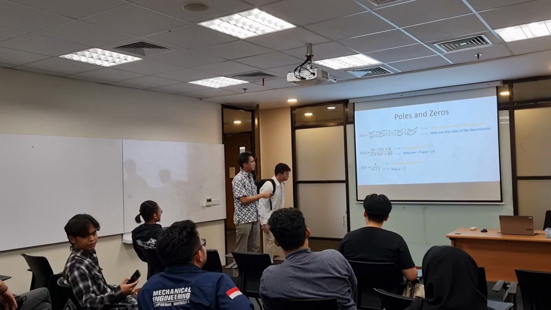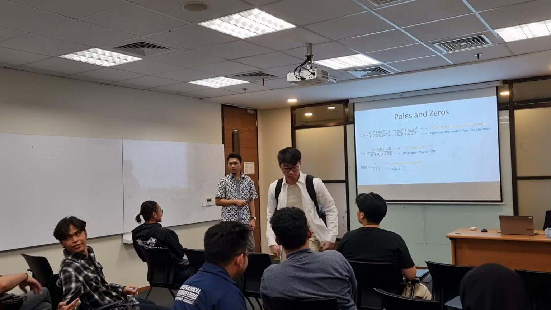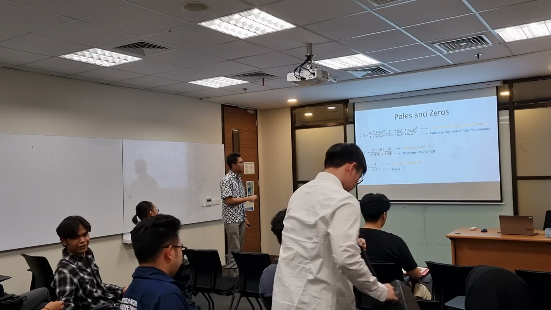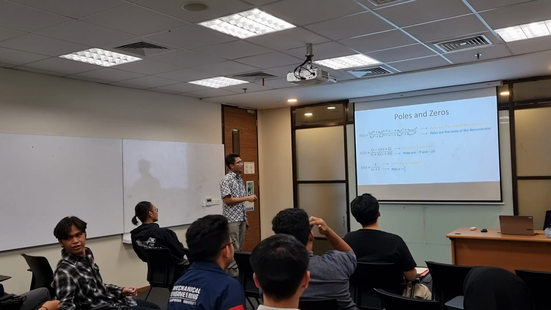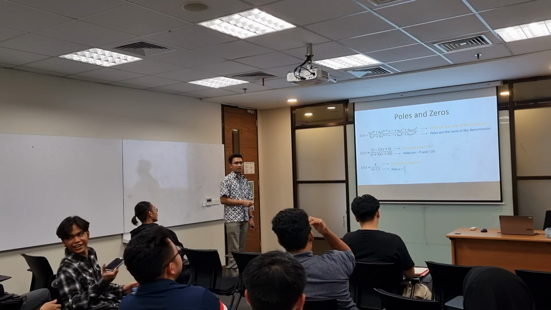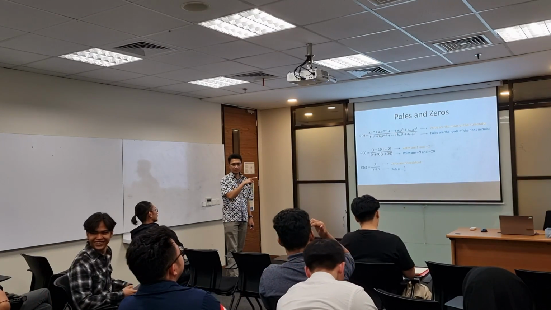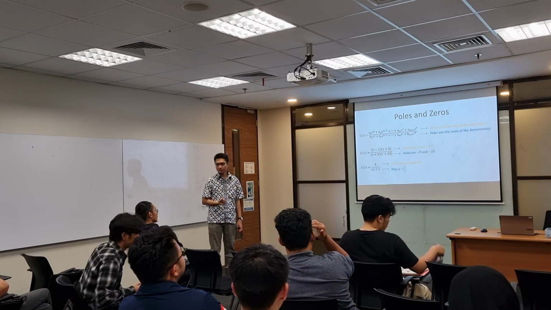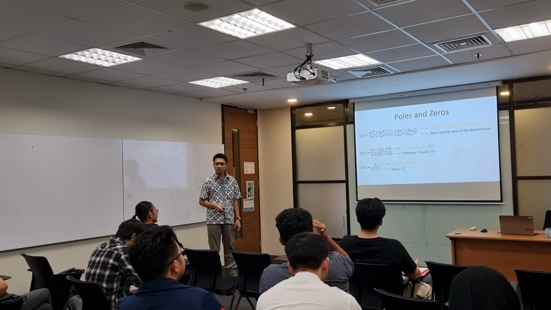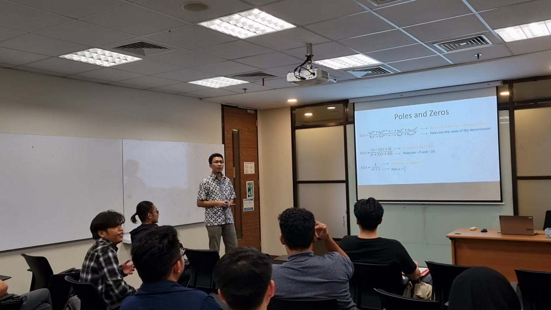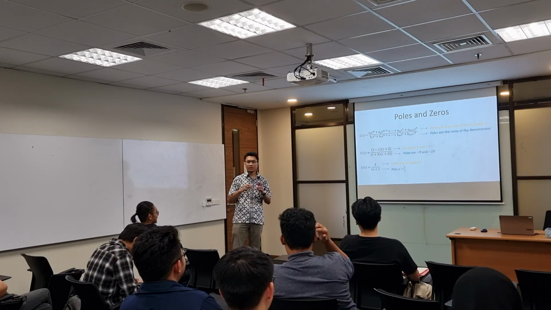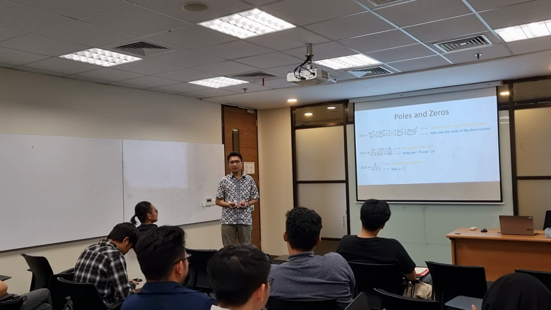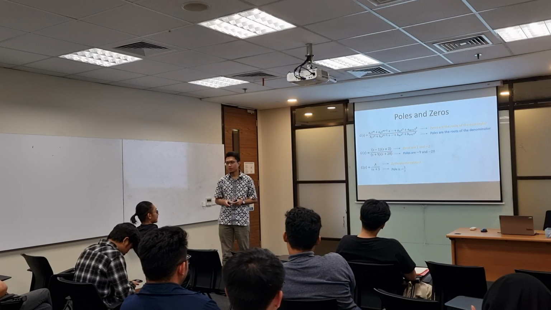we see a general transfer function here, the general form of transfer function. On the top is the numerator, and on the bottom is the denominator. Zeros are defined as the roots of the numerator, the top part. Because the top part is polynomial, so you can take out the roots. Okay? You know what is the roots? In Indonesian it's called akar. Akar persamaan kuadrat, akar persamaan pangkat 3, akar-akar polinomial. The roots of the polynomial.